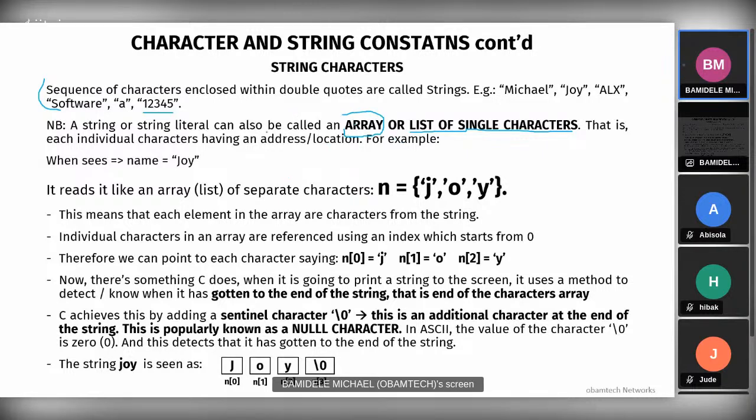Now, a string can also be called an array or list of single characters. And what does this mean? That is, each individual character has an address location. For example, when we see a variable called name and it has the value of a string called Joy,